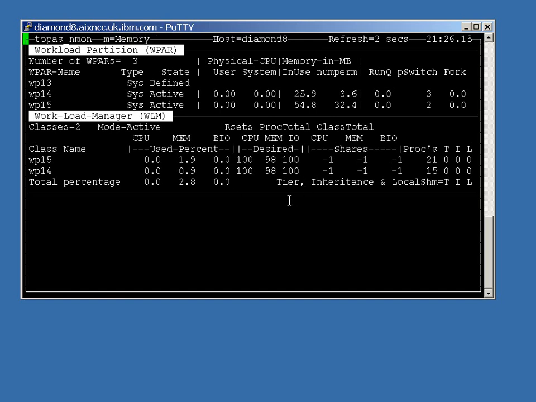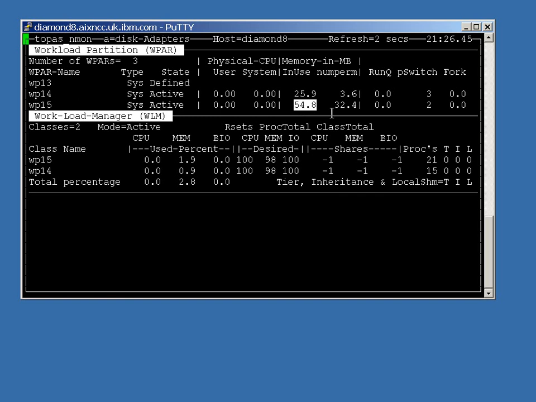The shares haven't been set, but you can see what's going on. Interestingly, the workload partitions here, this is a regular one, it's gone down since AIX 6, so they've done some work in here, and a WPAR is coming in at 26 megabytes of memory. That's quite amazing. And we've got 54 megabytes in use here for the versioned workload partition with AIX 5.2 in